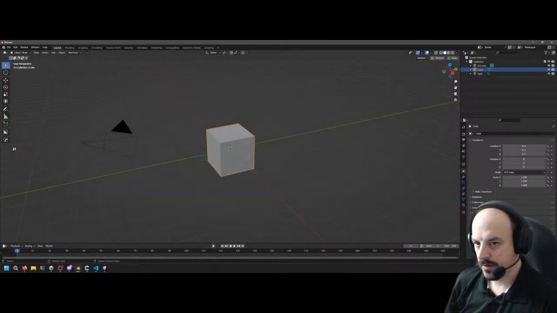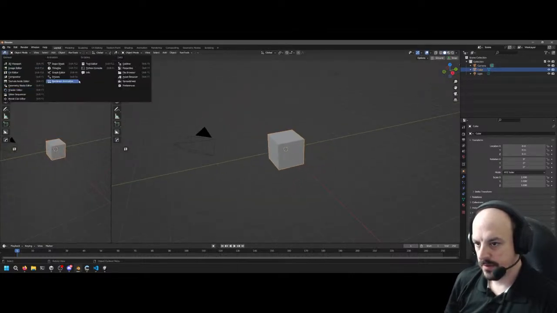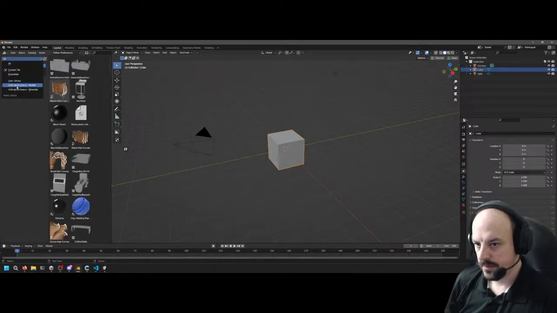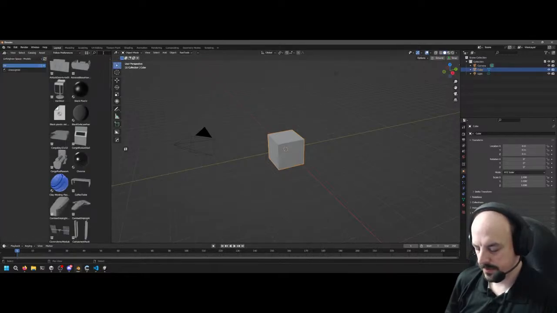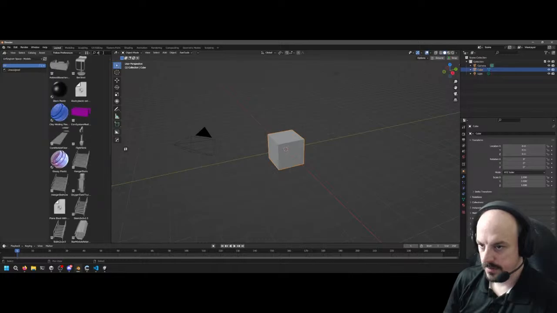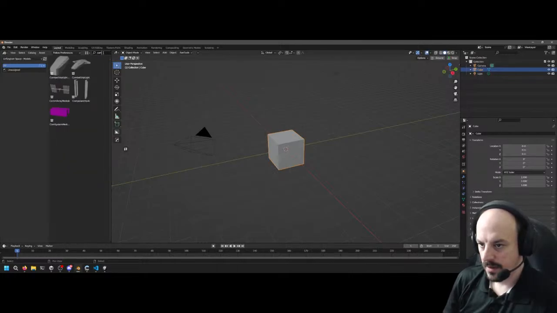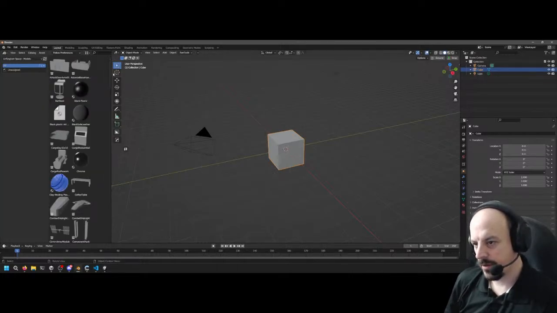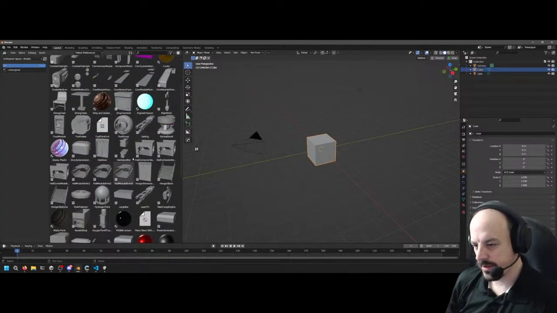Store. God, I thought I actually marked my stores as assets.